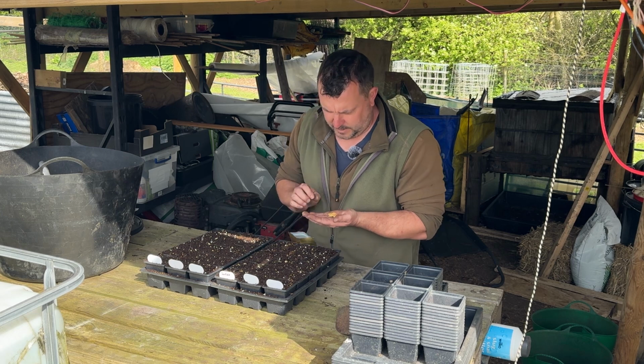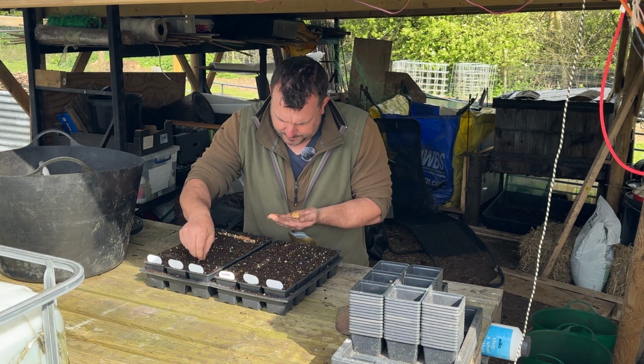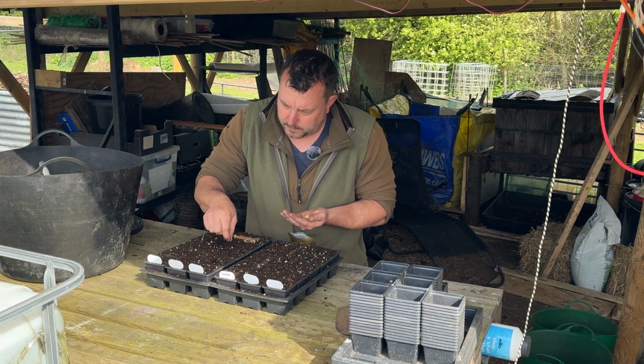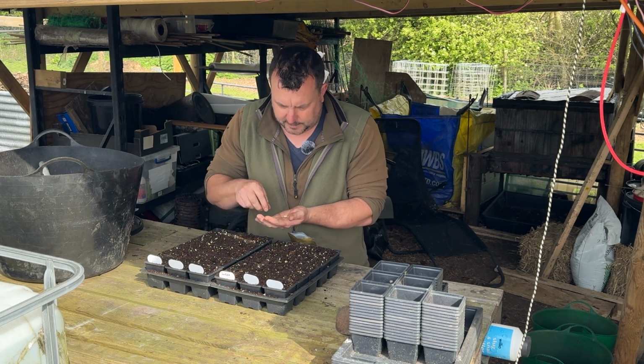5 of those. Same again, just on its side, about an inch down. So I'm growing quite a few squash because I gave my potato patch a rest last year,